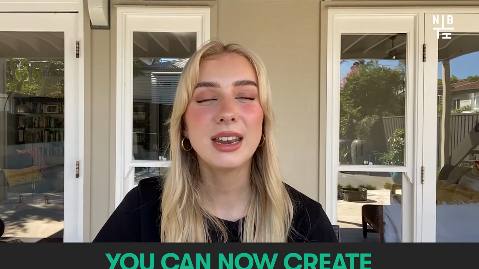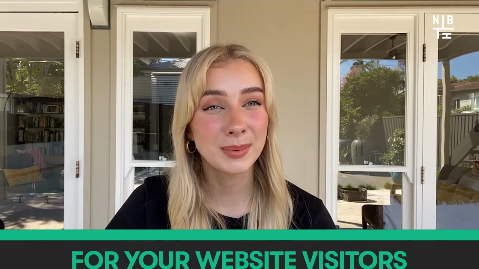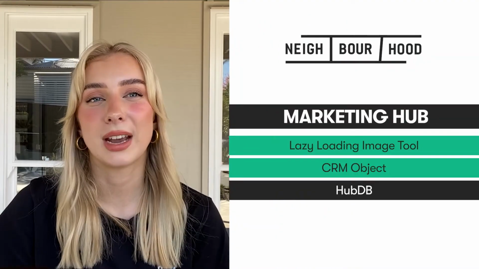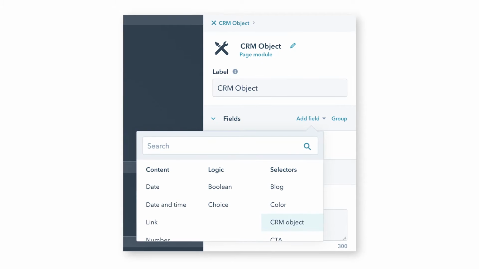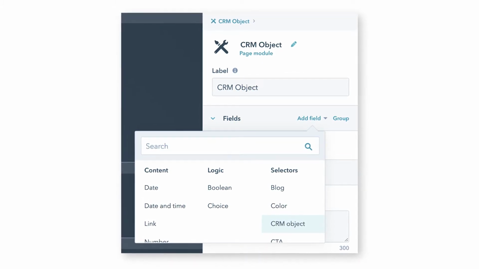Also in the CMS, you can now create truly personalized experiences for your website visitors. This could mean, for example, you could be offering a login to your customers to manage their personalized account information, or you could even be setting up a simple real estate listing where visitors can view information on properties that you manage. To make it easy to use CRM data on your website, HubSpot have launched a new CRM Object CMS module field. This module field allows developers to build modules that pull data directly from different CRM objects. All you need to do is simply drag and drop these modules into your pages to easily leverage information stored within your CRM objects as part of your content.